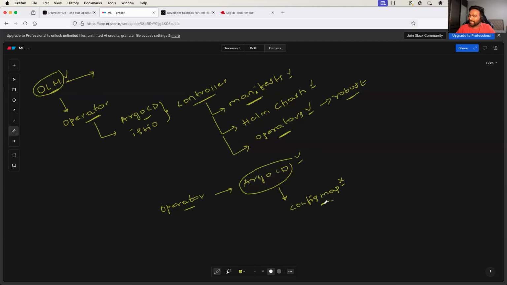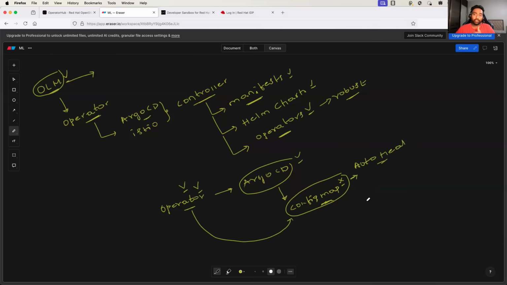But because they have permissions to the config map, they have modified it, right? So what happens is the operator will not allow this modification. It will say that no, you are not supposed to do it because the configuration that is provided to me is not something like this, right? So the operator will auto heal this,